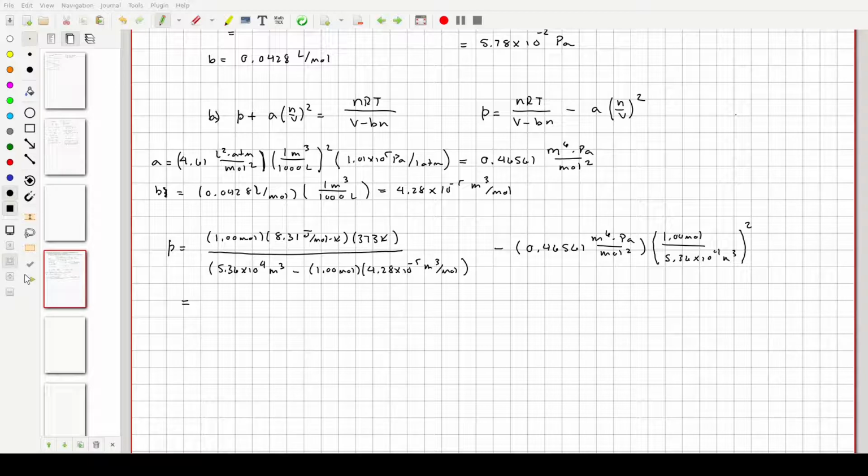This is 8.31 times 373 divided by 5.36 times 10 to the fourth. And then I have to subtract away the 4.28 times 10 to the minus fifth. So there's our first term. And then we're taking away, like I said, the pressure that's a consequence of collisions against each other, plus the decreased collision frequency. And that ends up being about